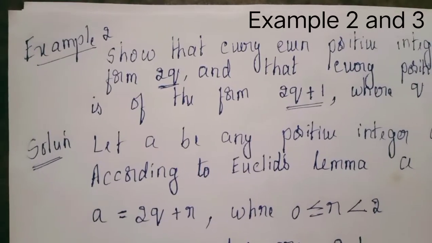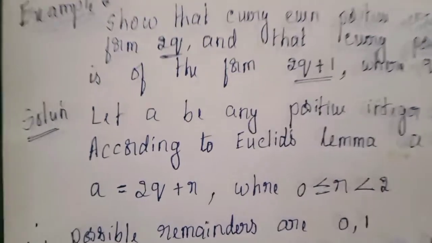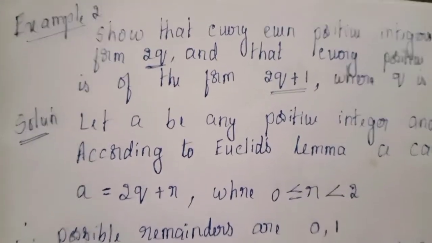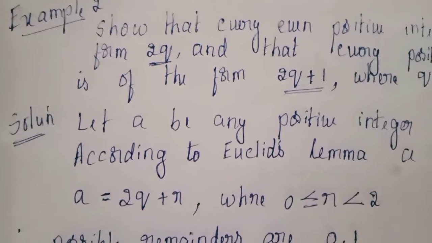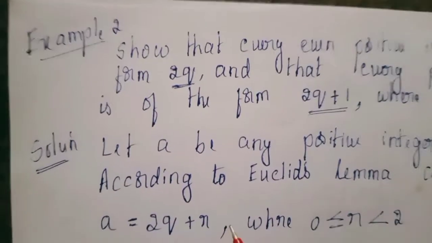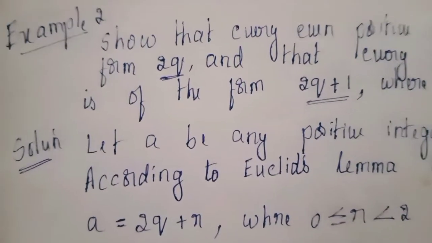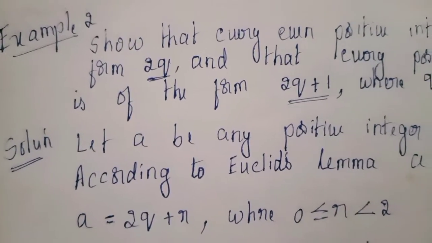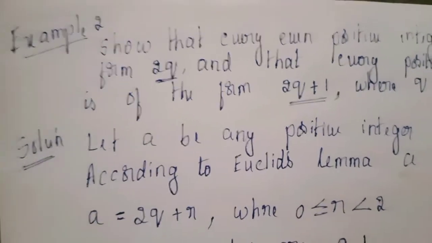Namaste everyone. So in this video let us learn example 2 and example 3 from your NCERT textbook from chapter Real Numbers. So in the previous video we learned exercise 1.1, first, how to find HCF by Euclid division lemma. So let us recall what the lemma says.